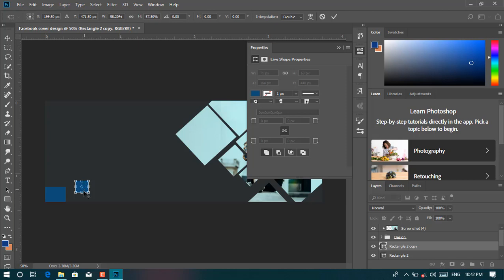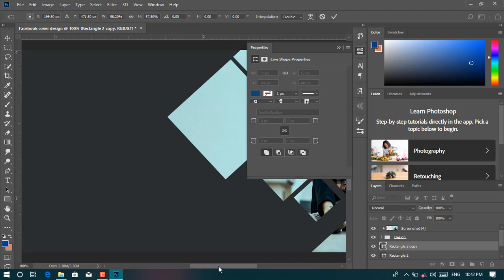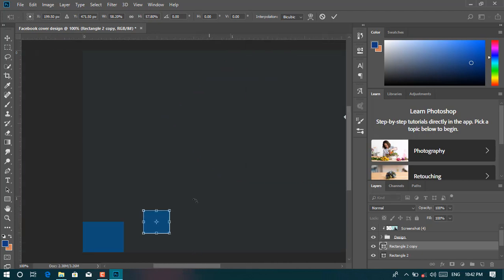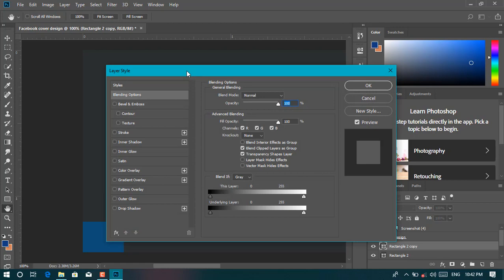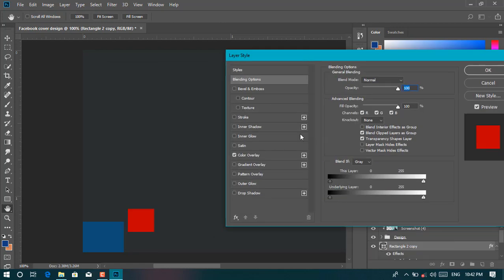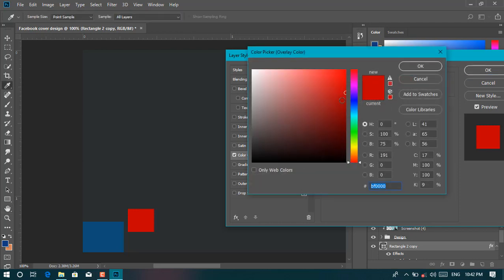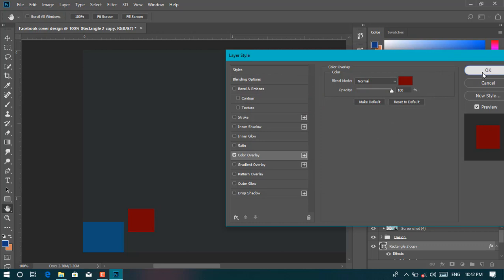Yeah. And then after, double click on the second layer which we copied, then Color Overlay. Yeah, that's pretty much. Just let me, yeah, this one is pretty much. Then OK,